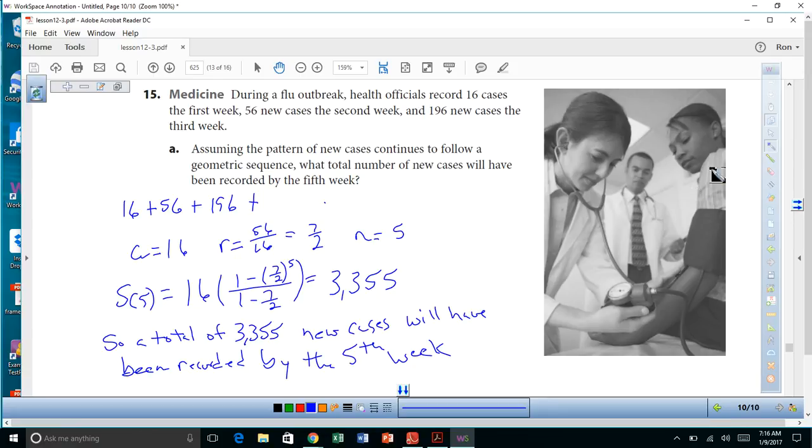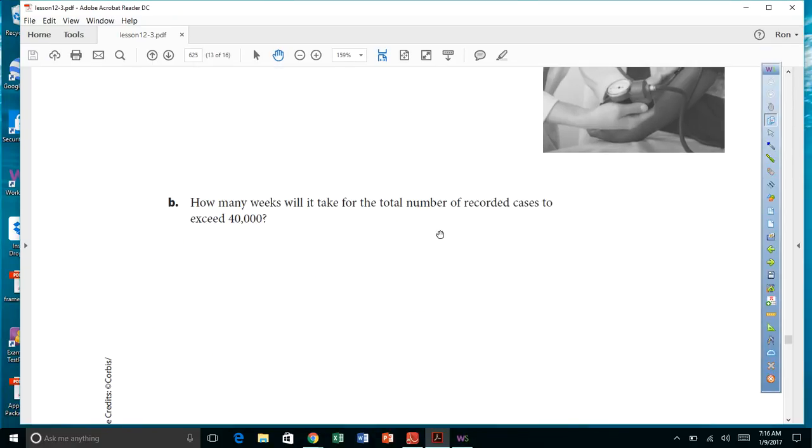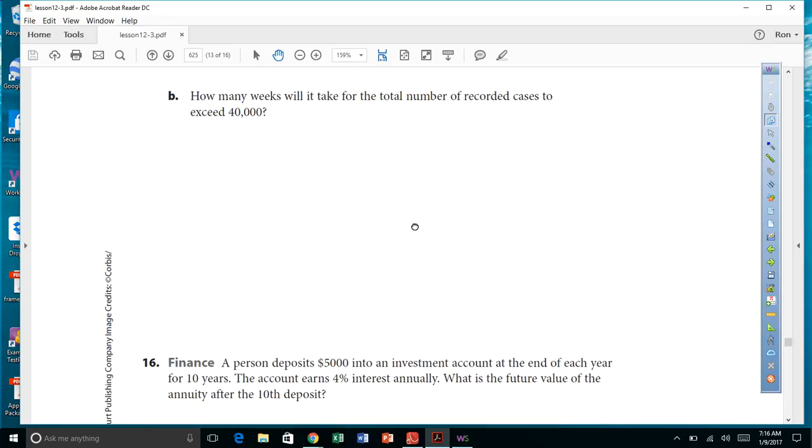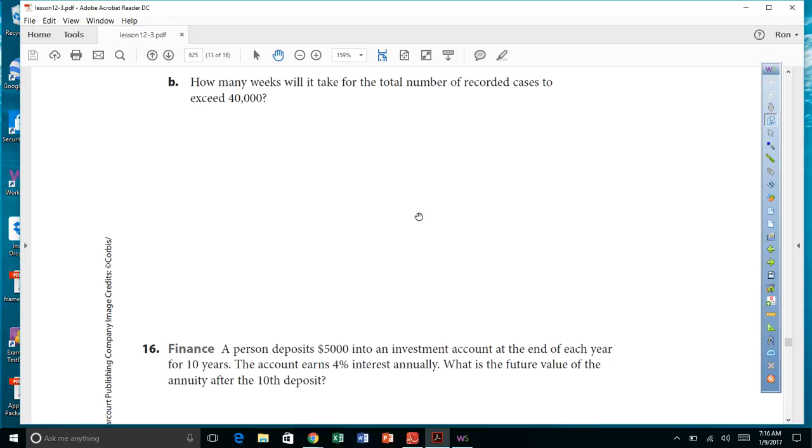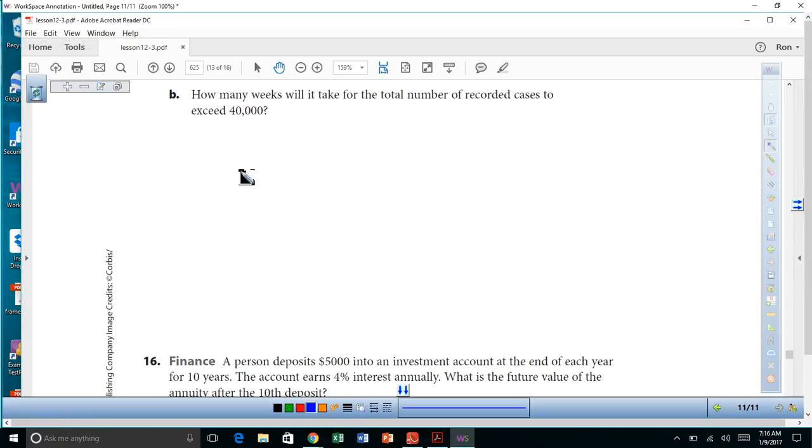Not too bad. B, how many weeks will it take for the total number of recorded cases to exceed 40,000? Okay, let's see. We'll have to use a r^(n-1) equals F_n, and we want to exceed that, so we'll have